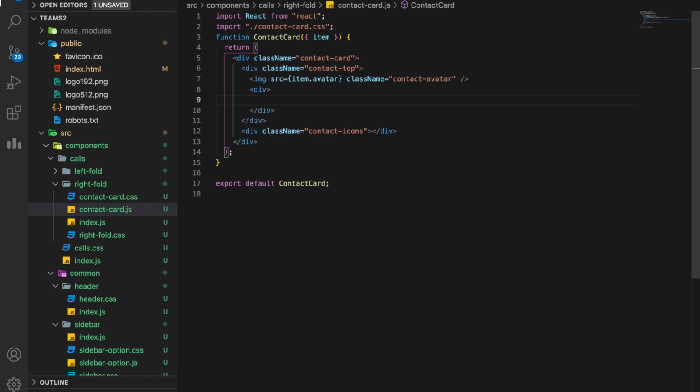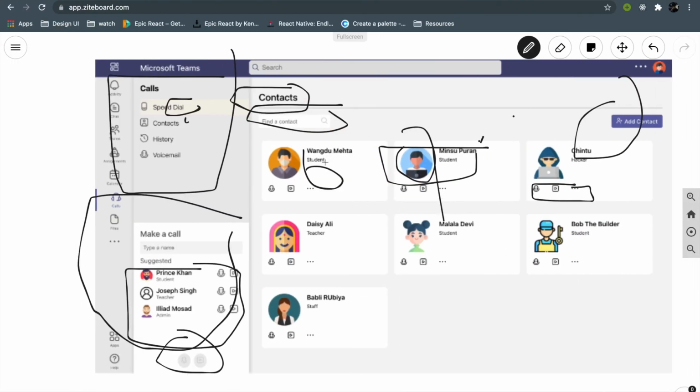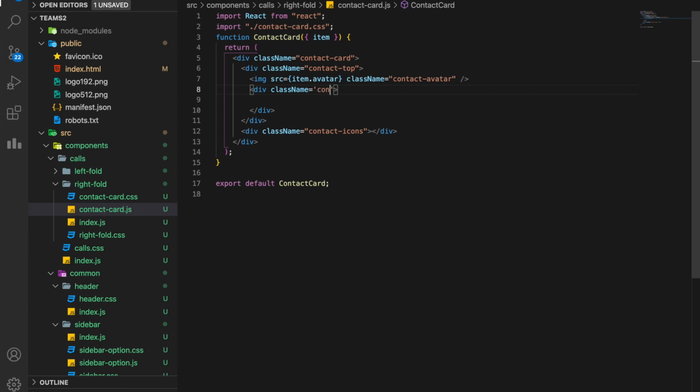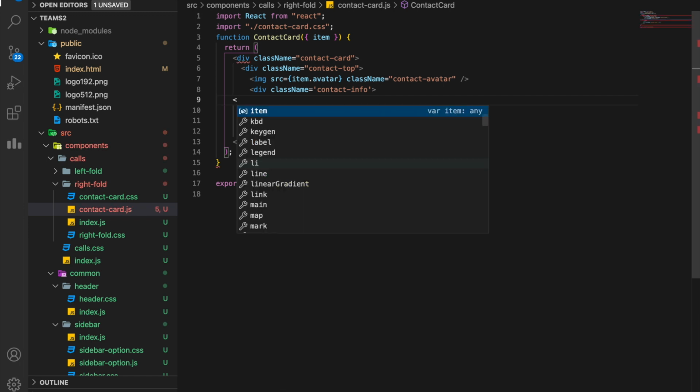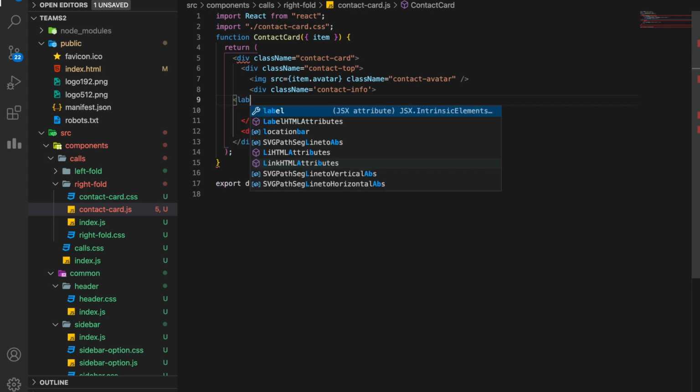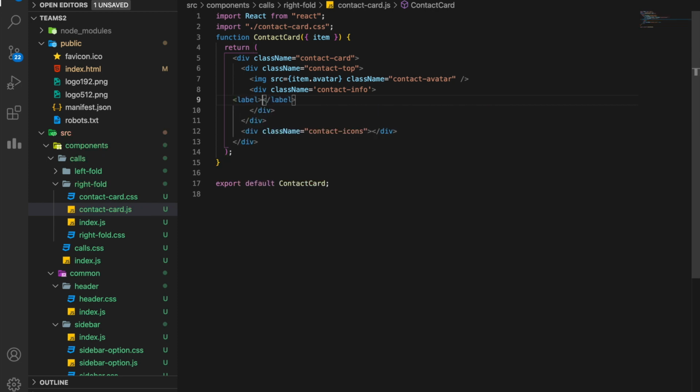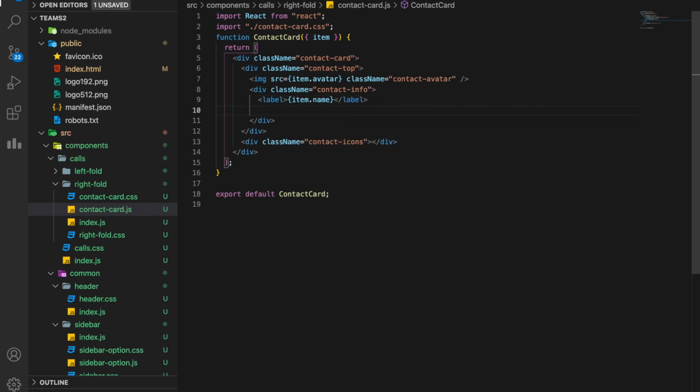So a div, let's call it contact info, which will have name and type. Inside the info we have two labels. One is item.name and the other is item.type.